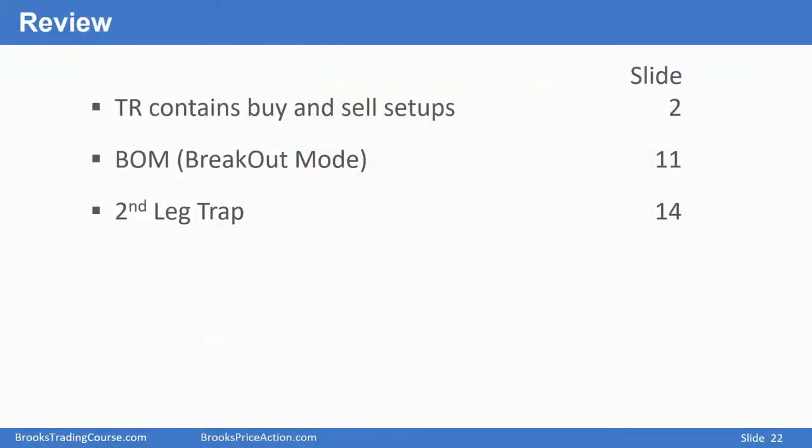In this video, I talked about how every trading range always contains both a reasonable buy and a reasonable sell setup. I then moved on to breakout mode when a trading range has gone on long enough and the price action indicates that a breakout is probably going to be happening soon. You have to be prepared for the breakout. 50% chance the first breakout attempt up or down will fail. 50% chance that the profitable final successful breakout will be up, 50% chance it'll be down.